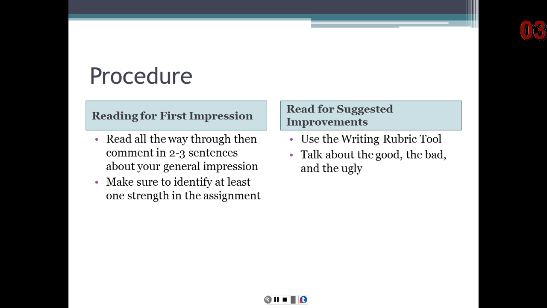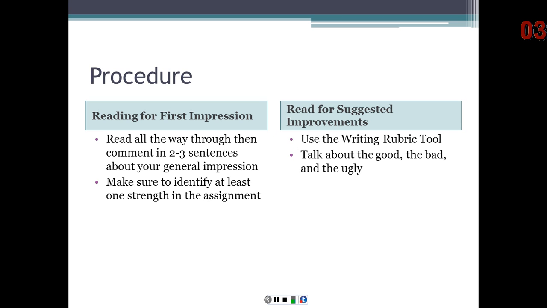The second, I want you to read it again for suggested improvements. Use the writing rubric tool. Talk about the good, the bad, and the ugly, because you will see some ugly. Nobody is a perfect writer, myself included. I'm sure as you look through the materials in this course, you may find errors in the syllabus, you may find errors in my